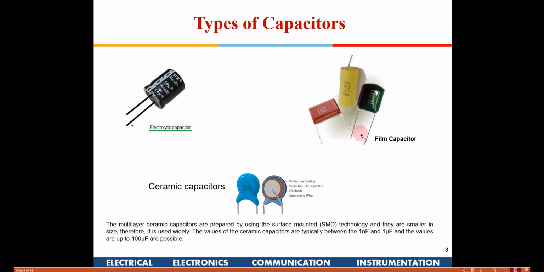The second kind of capacitors available is film capacitors. Their capacity is slightly lesser than electrolytic capacitors. They look like this. The third one is ceramic capacitors. They are extremely small in size and are generally used for nano and pico farad capacitance values. But nowadays, with developed technology, even in ceramic capacitors we have multi-layer capacitors in which many capacitors are put in parallel.